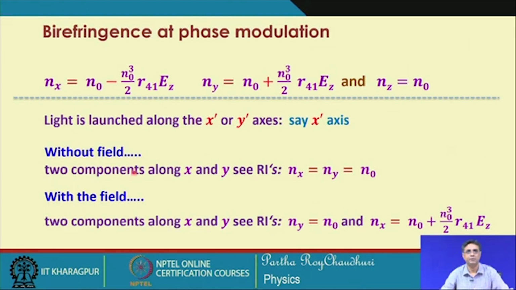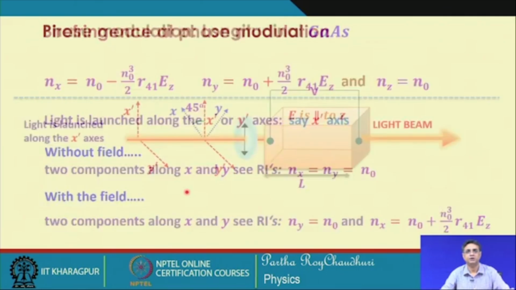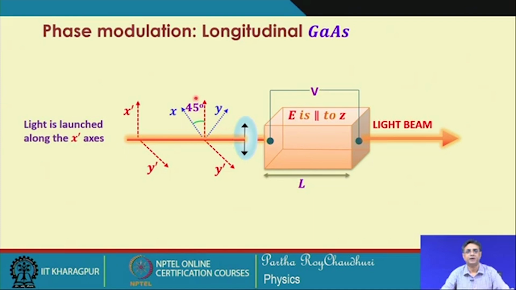So, without field, the two components along x and y see the refractive index n x equal to n 0. But with the field, the two components along x and y, because when you launch light along this axis, there will be two components, one along this, another along this, they are at 90 degrees to each other,